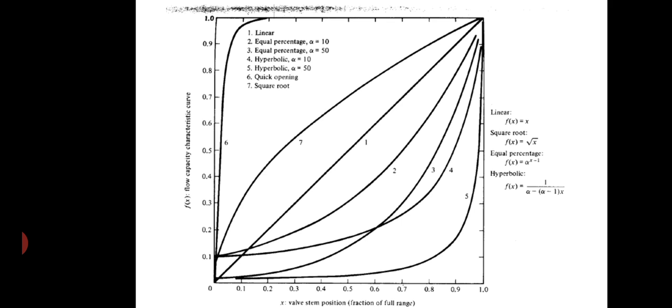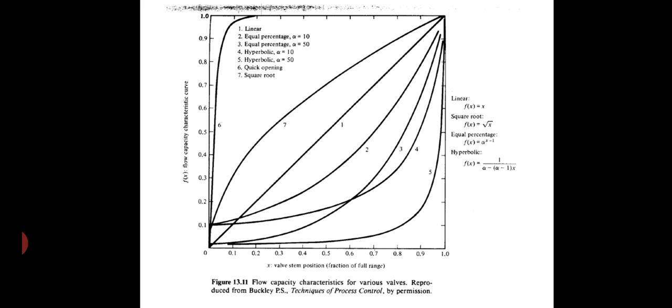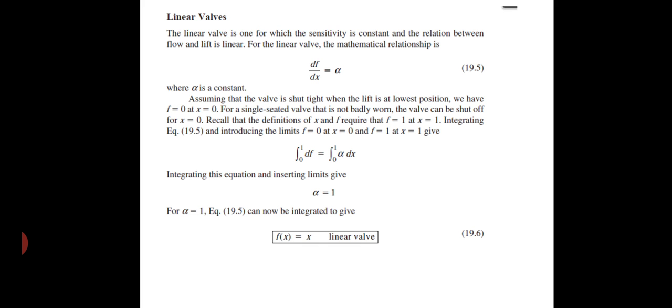So linear plugs are used on those systems where the valve pressure drop is a major portion of the total system pressure drop, right? Okay, so these are some concepts. Now, based on these concepts, we will try to develop the mathematical relationship of the linear valve. What we have said here is that the linear valve is nothing but, as we supply the force, or you can say the pressure, corresponding to that the displacement will take place, right? An equal amount of displacement will take place.